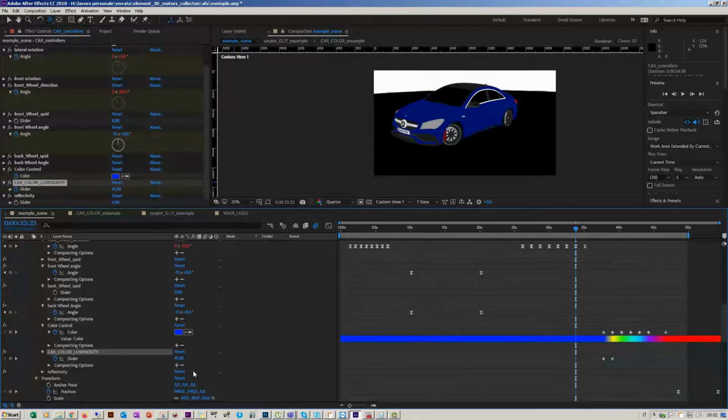Car color luminosity gives a little bit of darkness or lightness to the car paint. In this case, 41 is 41% of black. If I give, I'm sorry, 41% of white. If I give 100, it is 100% of the color you see here. And if I give it 0, it is 0% of the color you've seen here. In this case, it is going to black. And if I switch off,